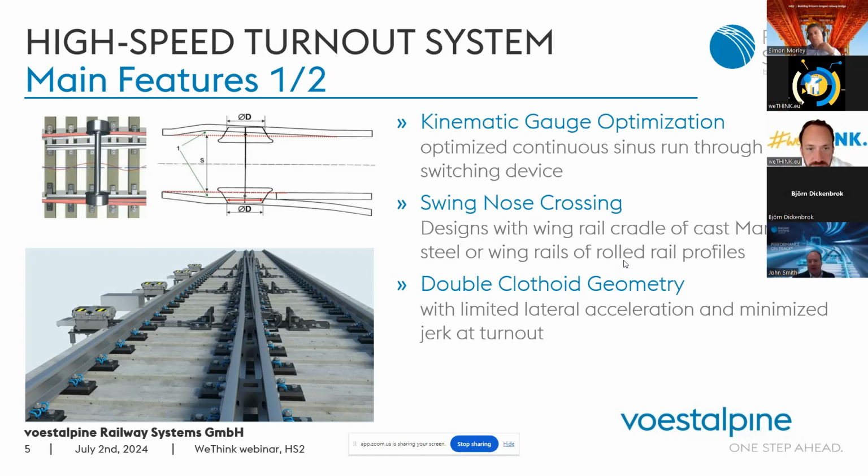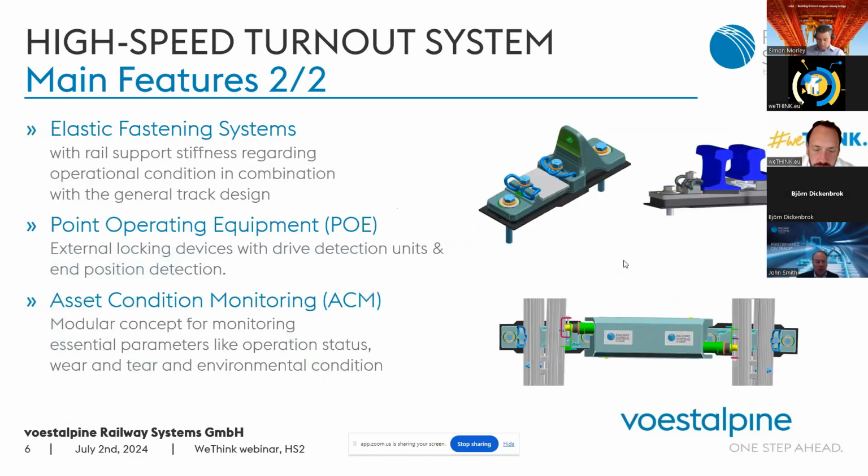And we use double clotoid geometry in the turnout, which graduates the turnout and enables high-speed divergence with minimized lateral acceleration and minimized jerk to improve passenger comfort over the turnout. We also provide the full fastening system with elastic elements to manage stiffness throughout the rail, particularly in the transition from the permanent way into the turnout,